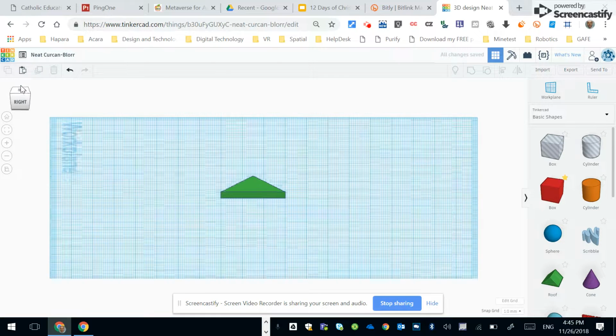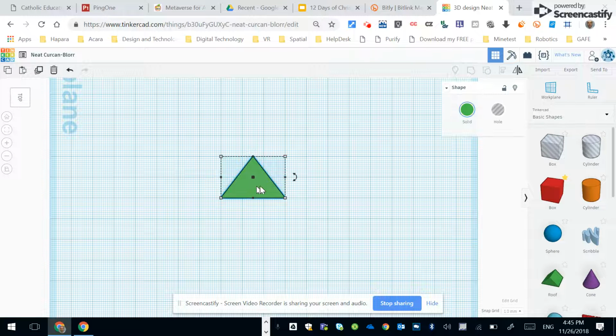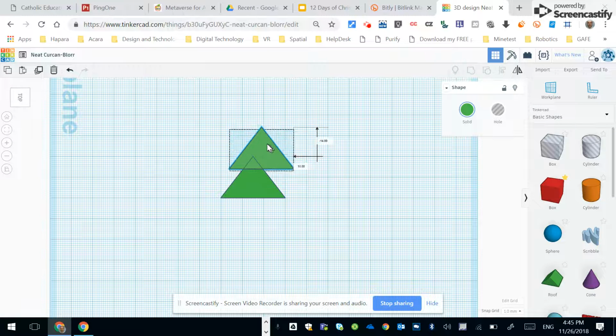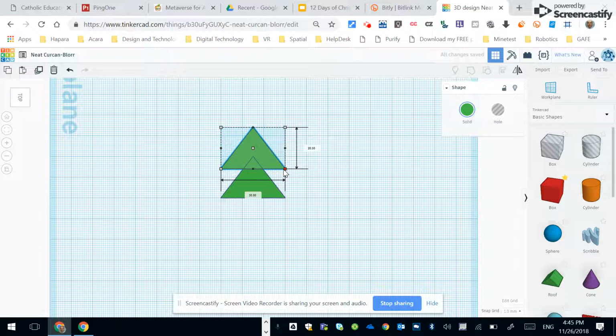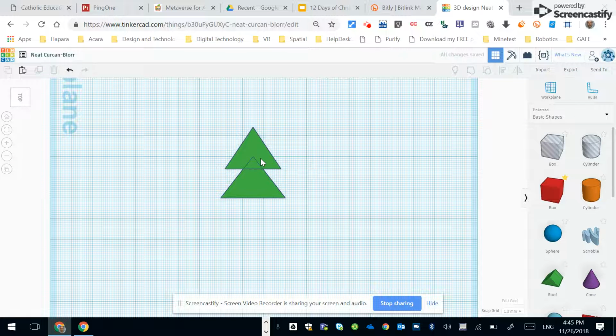Go back up here, let's go to the top view again. Right, so what we can do now is we can go Control C and Control V, and there we have a second prism. So if we just drag that up here, we can set that above it. We can actually just make this a little bit thinner if you like. So if we come in a couple of mil there, 28, 2 mil that side, 2 mil this side, and that gives that tapered look. We can go Control C, Control V,